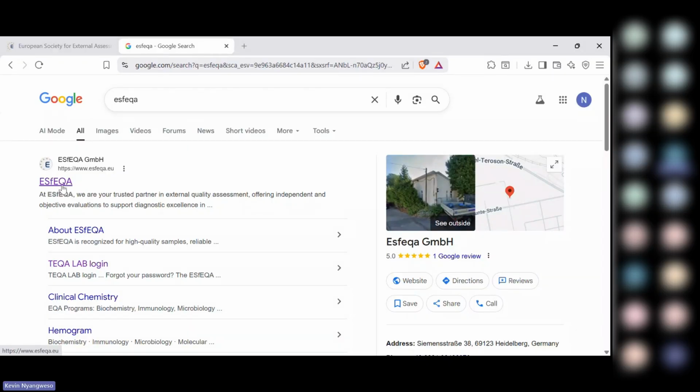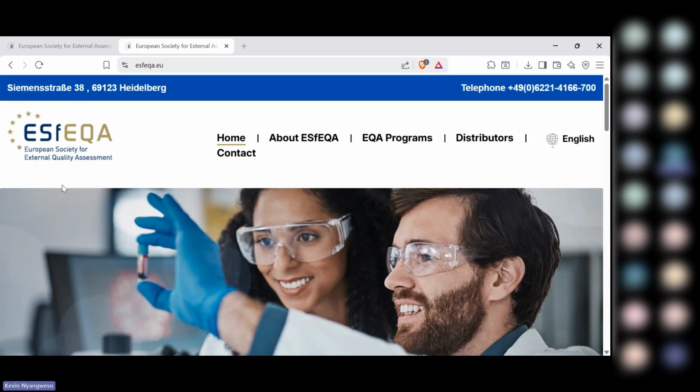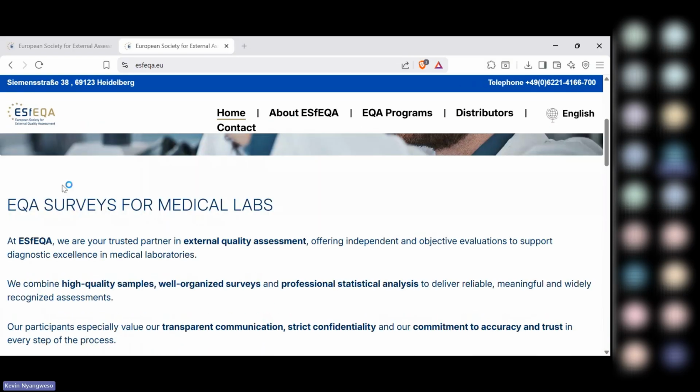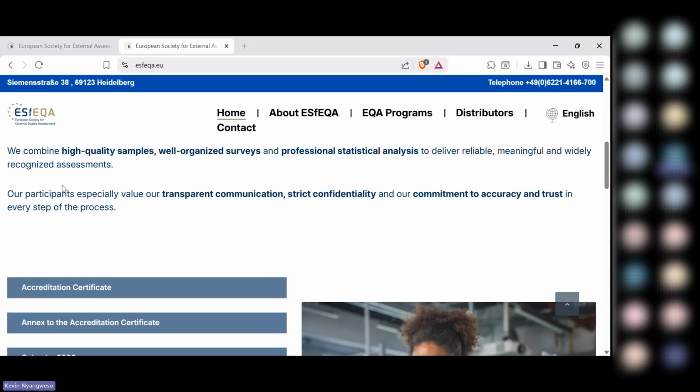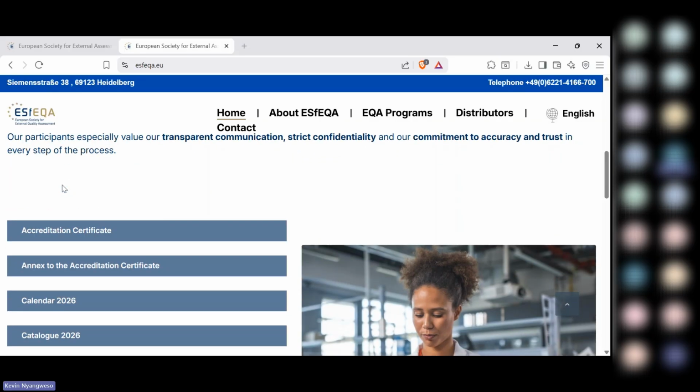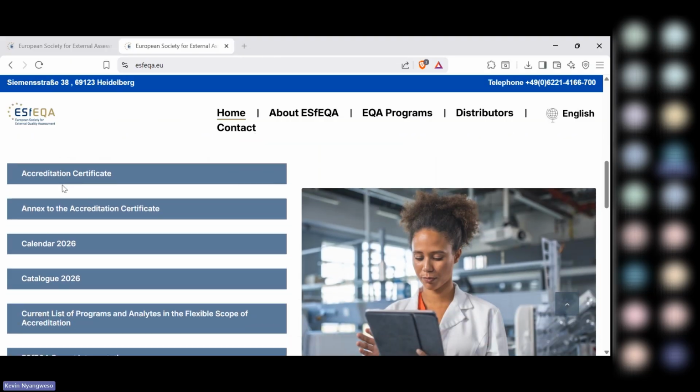When you click on the first link, it will take you to the homepage of the EQA programs that we distribute. In case you have any queries, the EQA samples that we distribute are accredited by ISO 17043. On that website, you can see the accreditation certificate for compliance, and in case you're having auditors, you can also see the annex to the accreditation certificate, that is the accreditation scope. It will list for you